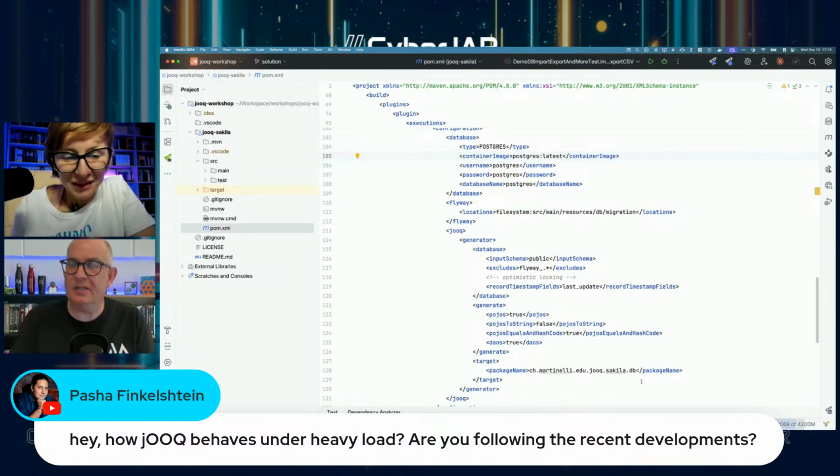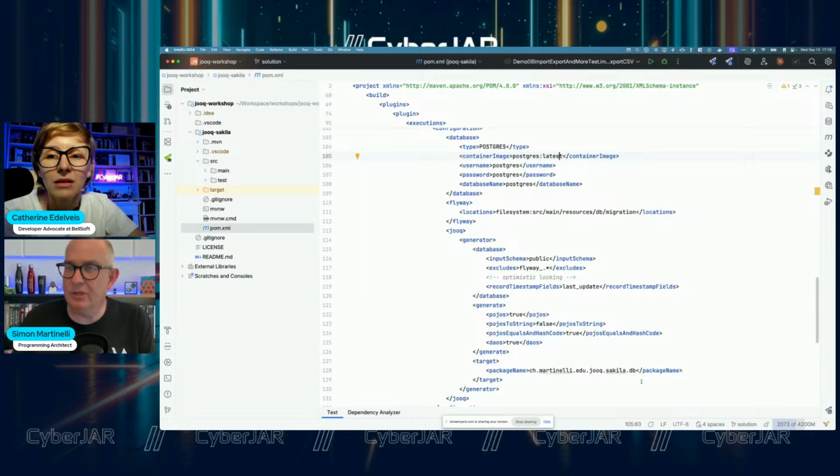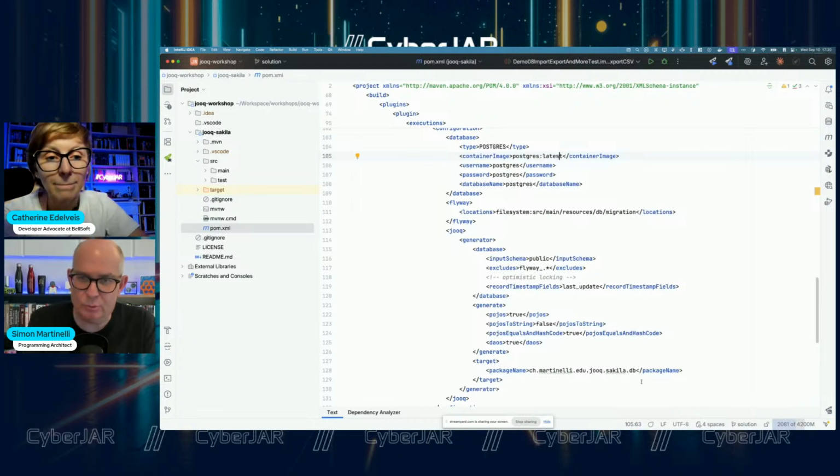jOOQ has nothing to do with it because what jOOQ does is it just generates SQL statements like Hibernate does. So jOOQ has no impact on the performance, so to say. Because you write a SQL statement and then you execute the SQL statement, and in that, jOOQ will generate it. And what jOOQ does, by the way, it always generates prepared statements. And that has two side effects.